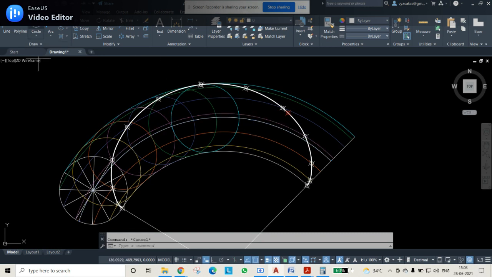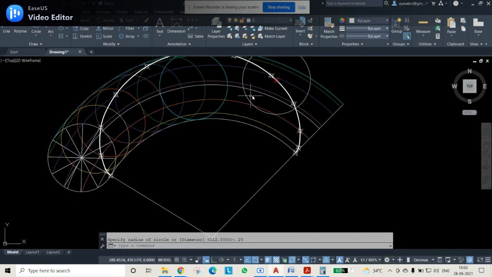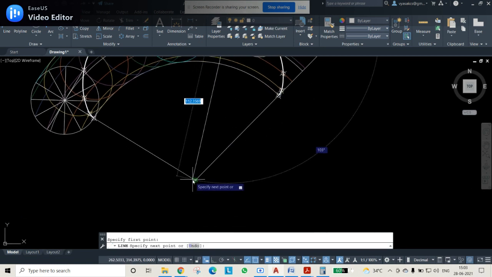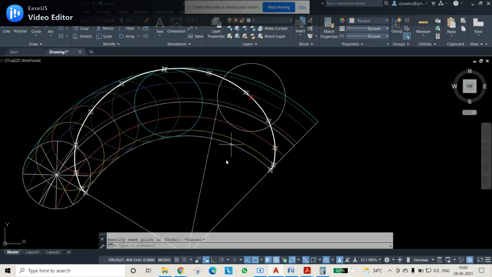After that, what should you do? You should take the circle command with this as the center, and with how much radius? It is 25 mm radius. So with 25 mm radius, we will draw a circle like this. Then the center line will intersect at this point. From that point, join up to the center point of the directing circle. Whenever you join it, this one cuts the base circle, that is your directing circle, at one point. That point and the red dot we have taken, the base point, this line is the normal.